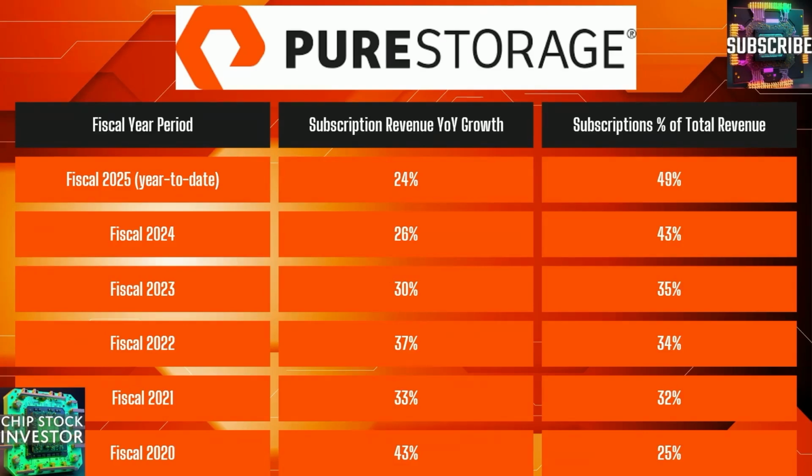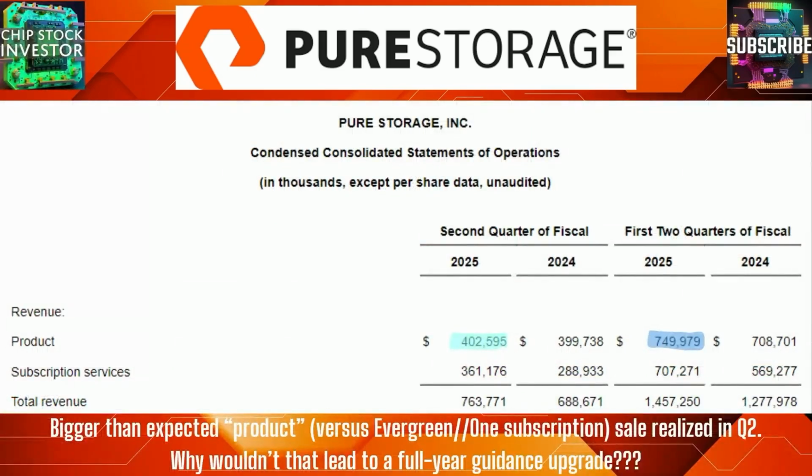But it seems that the problem is some of the new deals that Pure Storage had been expecting on the subscription side have just continued to get pushed out. And that kind of makes sense when you think about it. Hyperscalers are spending all of this CapEx on companies like NVIDIA, and they just don't have enough dollars to additionally throw the direction of Pure Storage. This will eventually change, we think. But for now, Pure did report a bit higher sales in actual product. That's when they just sell the all flash storage server directly, and a little bit lower in subscription in this